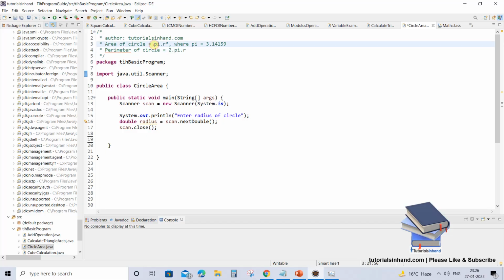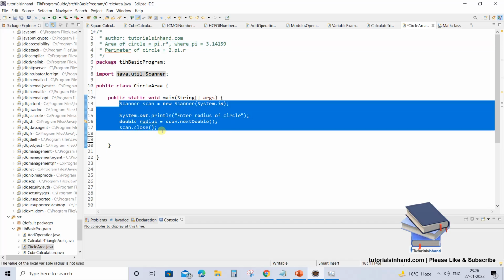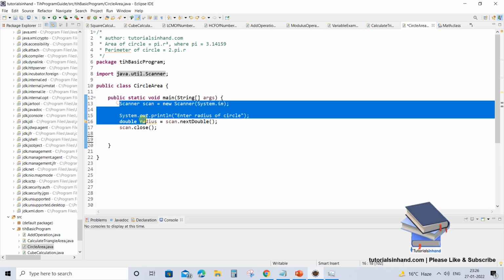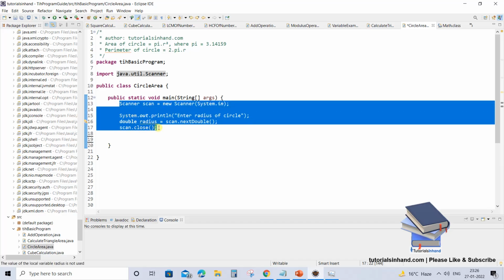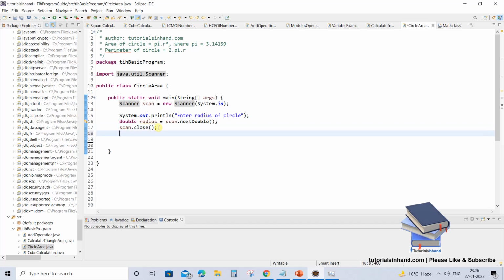Looking at the formulas, we are now clear that we require two values. One is of pi and another one is of r, and r here is radius of a circle, right? This is how we will take the radius of a circle using scanner. If you don't know how to take input from user using scanner, so please visit the previous video tutorials and then visit us again. And if you have followed the series from the beginning, then let's proceed to find out